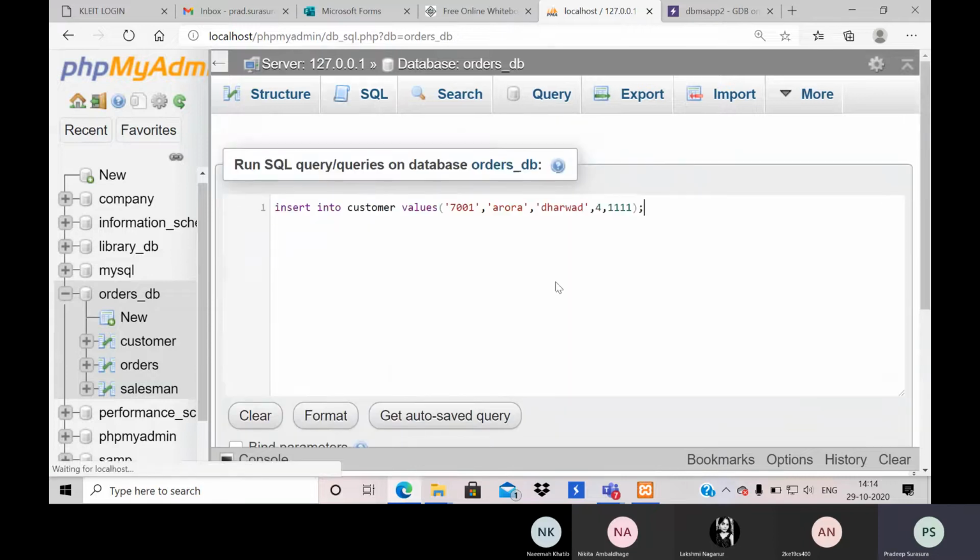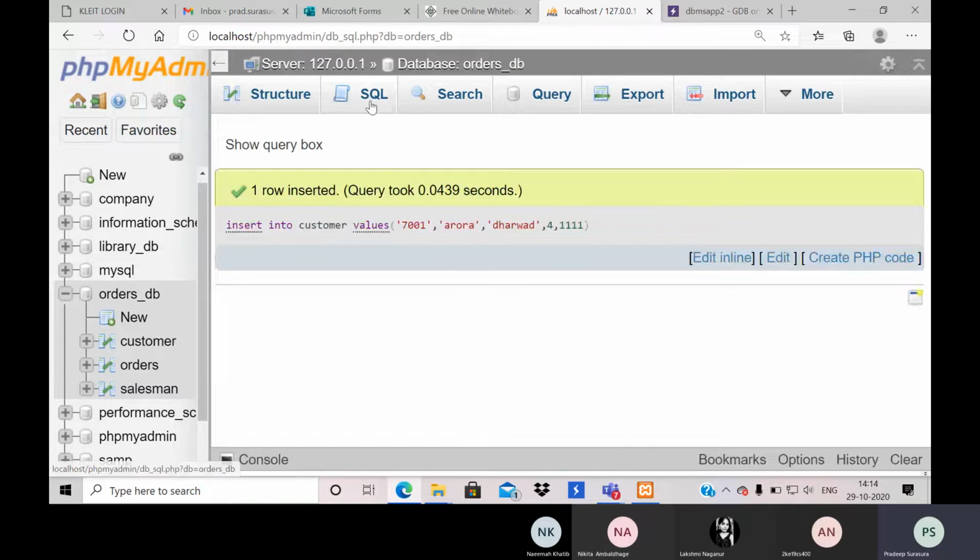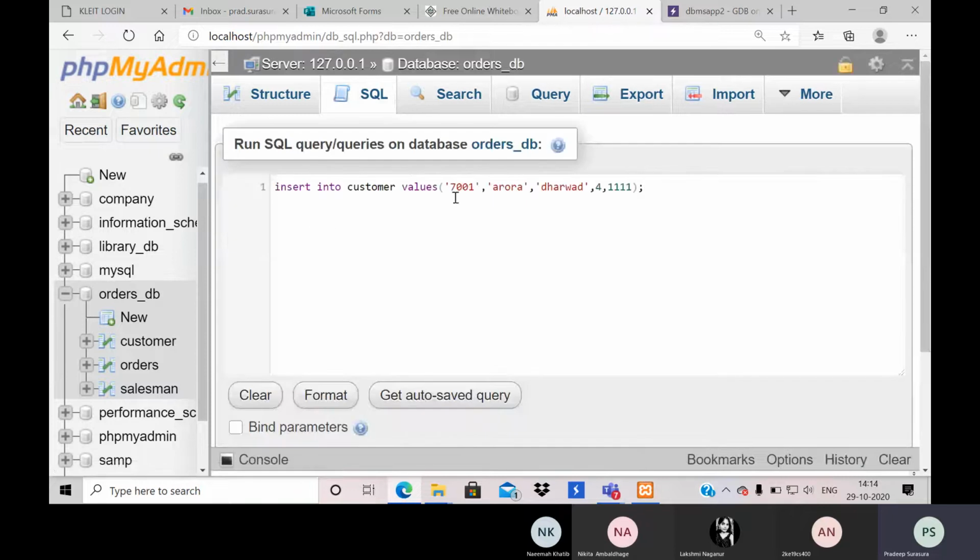If I execute this, I got correct results, and let me continue in the same manner. Let me try to add some more values. Same way I will insert multiple records so that I can have multiple values.